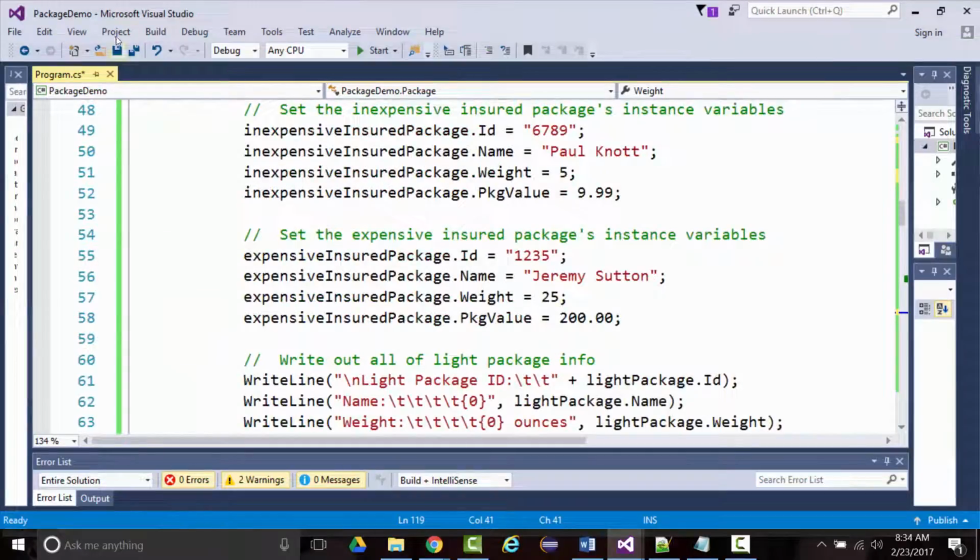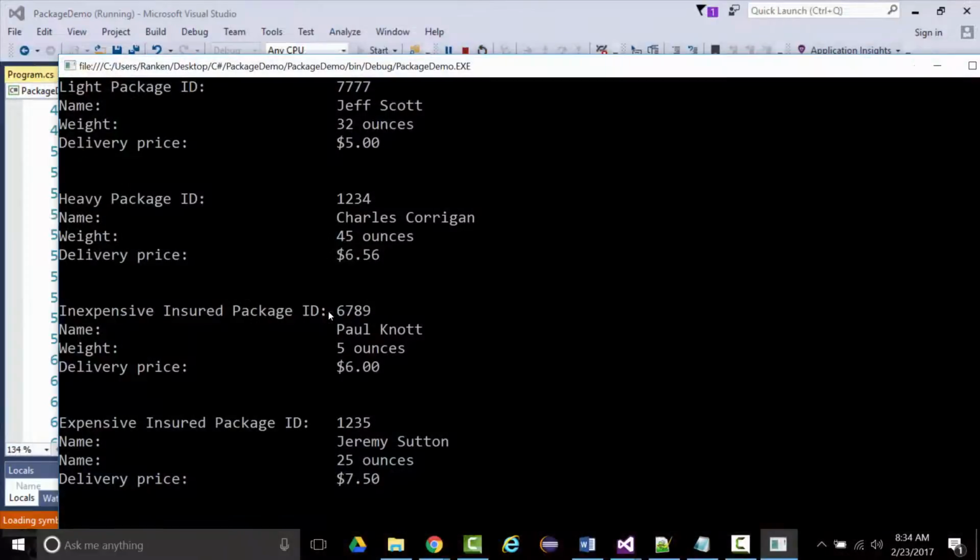So when we look at these, this is what I want you to get out of this. And when we run this, what do we have? Well, we've got the first thing, 7777. That's the ID. There's the name. The weight is 32 ounces. We said that if it's 32 ounces or less, it should be $5,